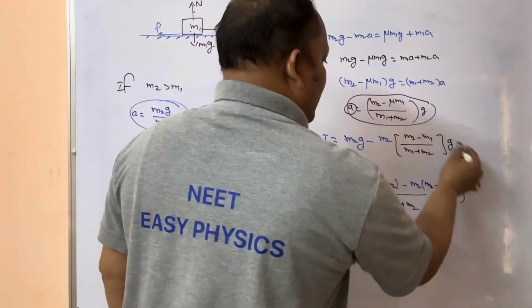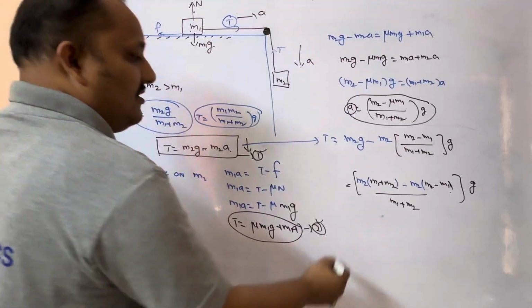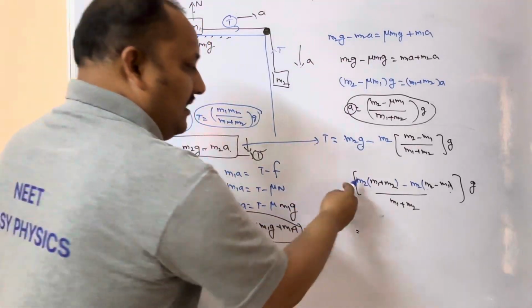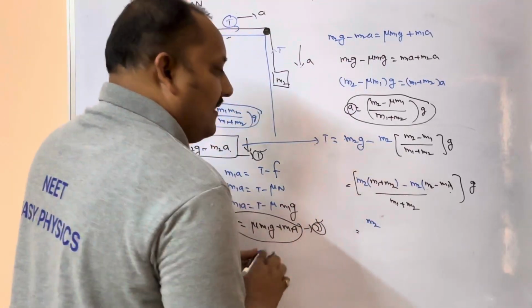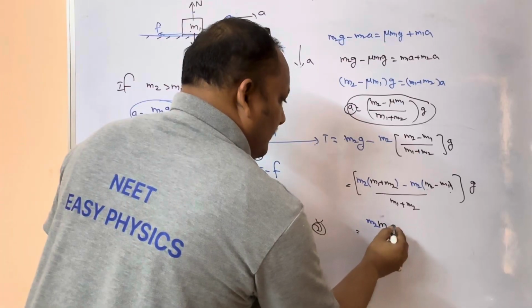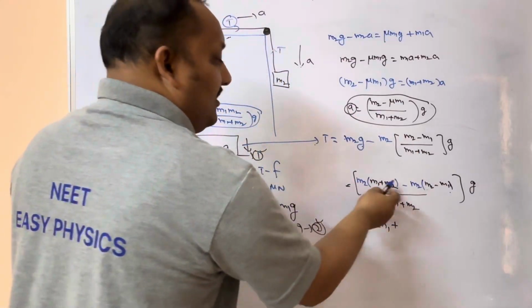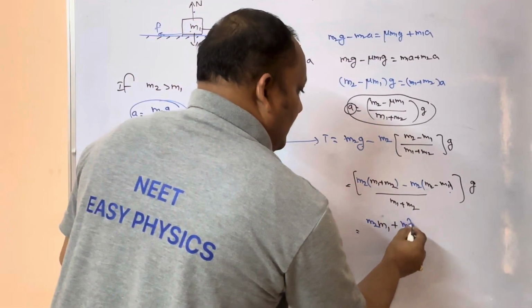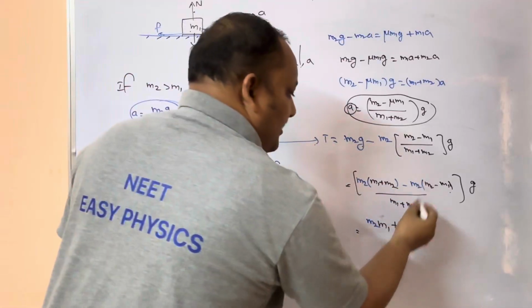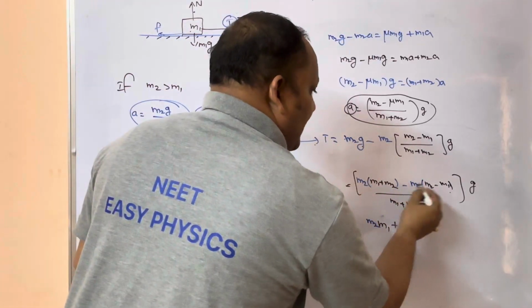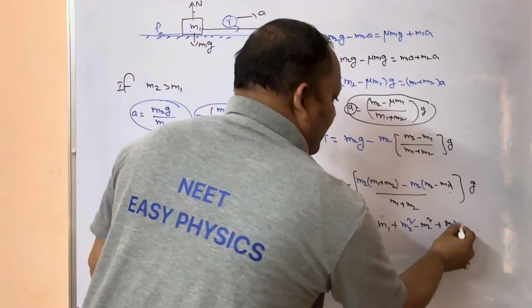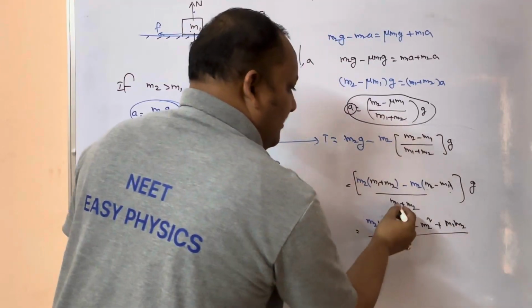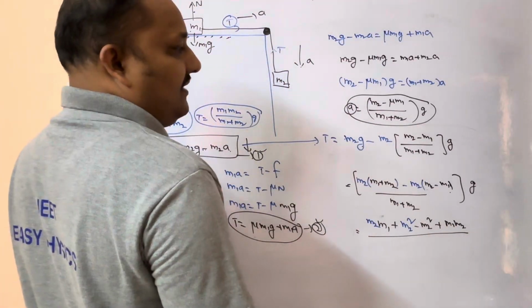I am taking this G common outside. Now you can expand: M2 M1 plus M2 into M2, M2 square. Here M2 into M2, M2 square, minus into minus plus mu M1 M2, divided by